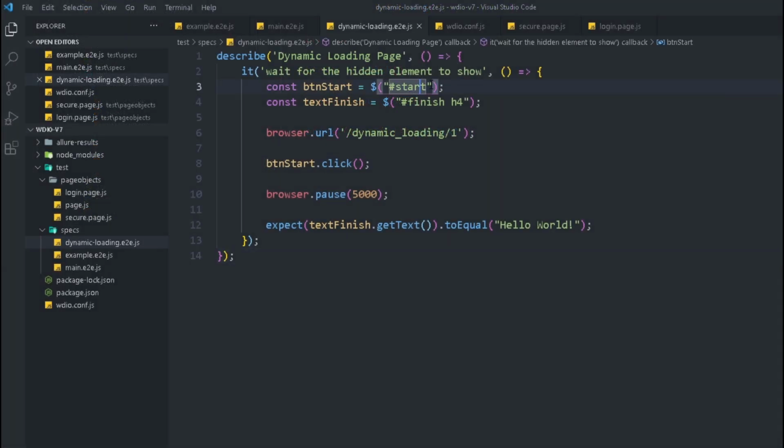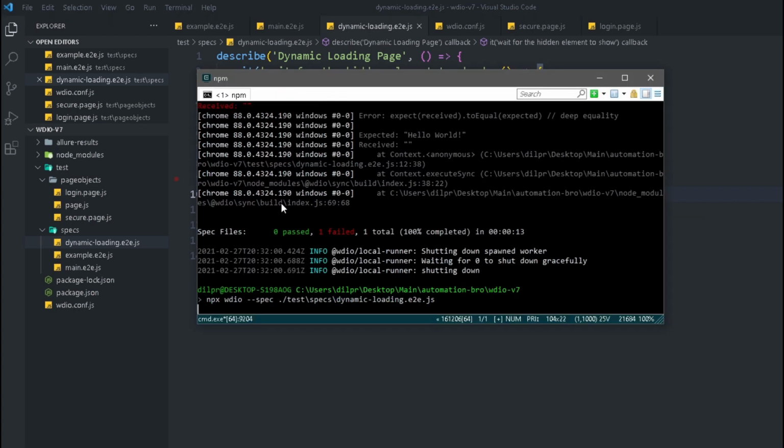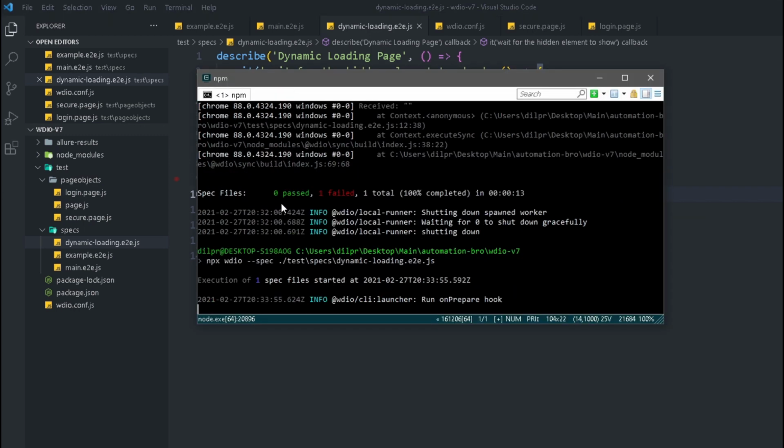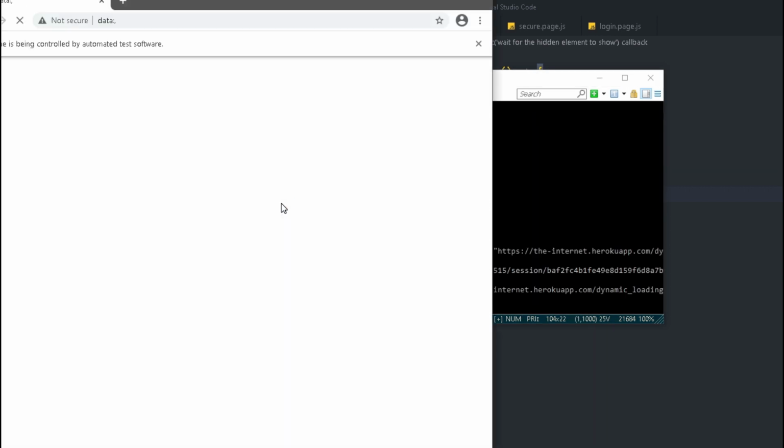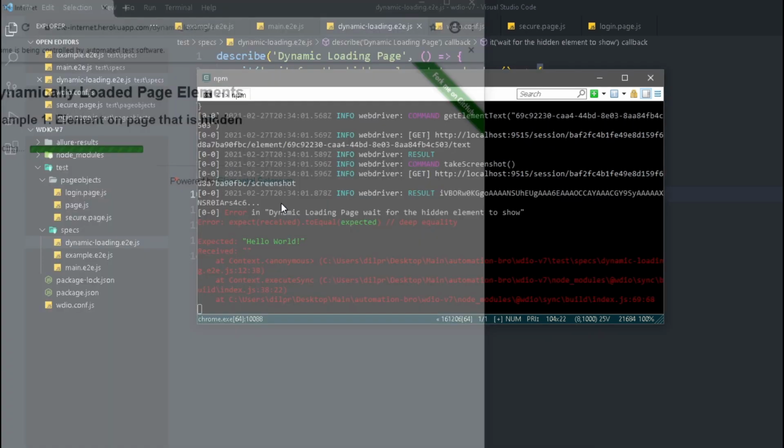And here I'm going to say it should be start, and then this should be a button. I'm just going to remove this pause for now, just to make sure that you guys know that without the pause, it's going to fail. And then when we add the pause, we will see what happens. Then let me run the test again. The expectation is that it should still fail because we're trying to verify that particular text, and the text is actually not there.